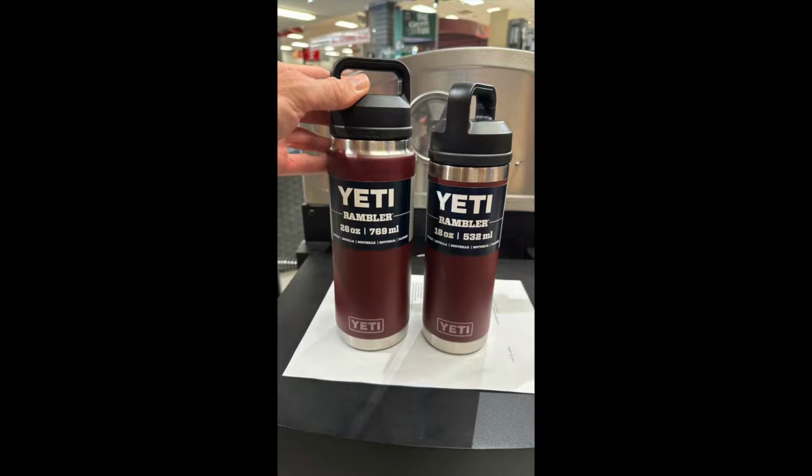And like you see in this video, I couldn't decide which size to go with. Should I go with the bigger one or the smaller one? I end up going with a larger one, the 26 ounce, which I will have more to say on later